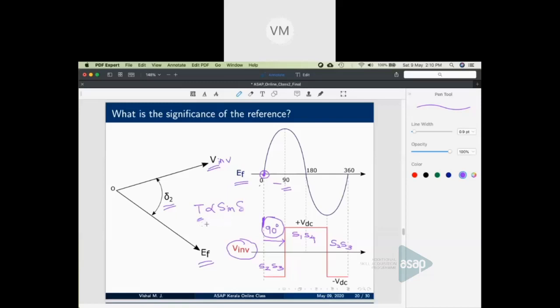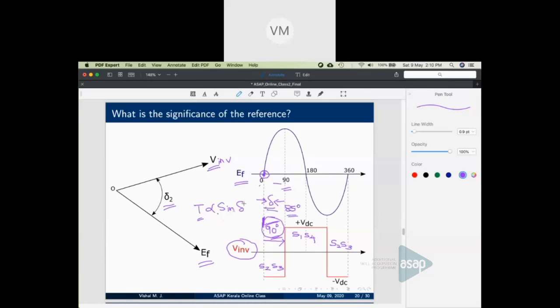Clear? Earlier, due to the delay block, it was taking so much time to reach the steady state. Here, with the least possible time, the machine will accelerate to its new speed. So, it's always best to keep 90 degree. Will there be an instability issue? Absolutely no, because delta is completely in our control. If I say 90 degree, it will exactly operate at 90 degree, not a degree more than that. Still, we will keep it to 85 degree considering some safety margin. But theoretically, even if it operates at 90 degree, it is fine. There is no worry of instability, because delta is the control variable now.